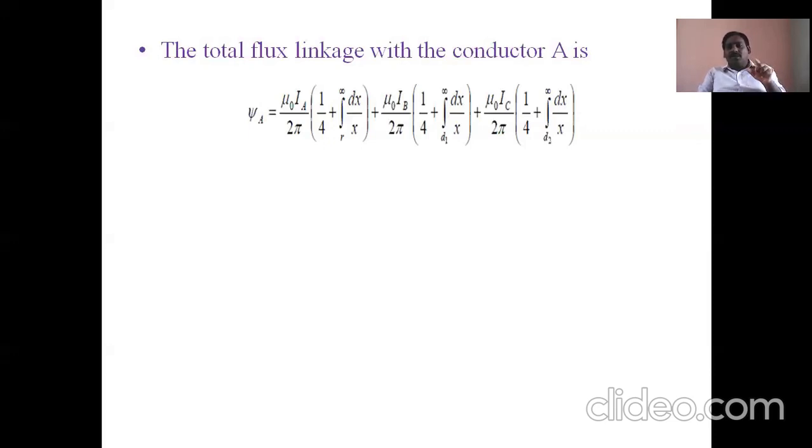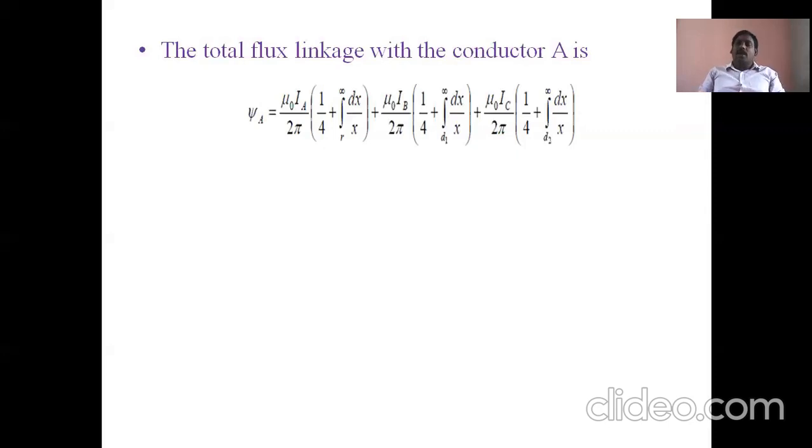What flux linkages? First, due to Ib, flux linkages are linking in conductor B, after those are linked with the conductor A. That's why we are taking internal plus external. The same internal flux can be linking with the external conductor, that is A. With respect to B, we can observe that A is external. That's why 1 by 4 is the internal flux of conductor B, and the same internal flux links with the external conductor